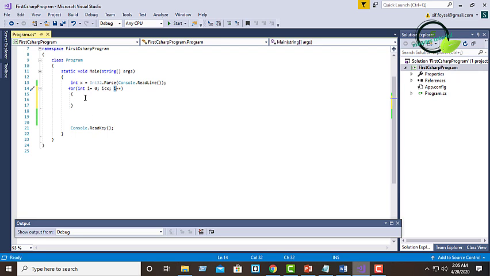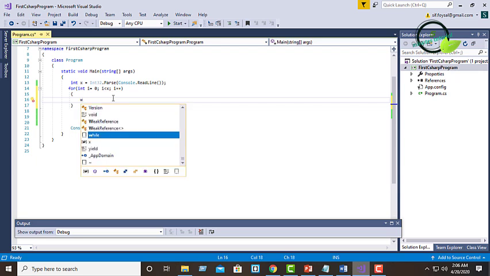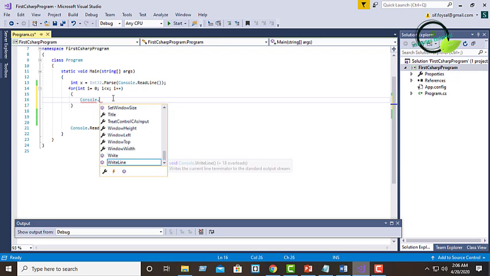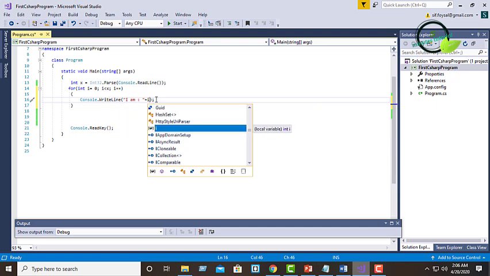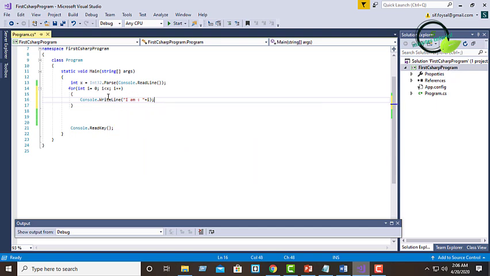So I will print I here. Okay, so here I am printing the I value.